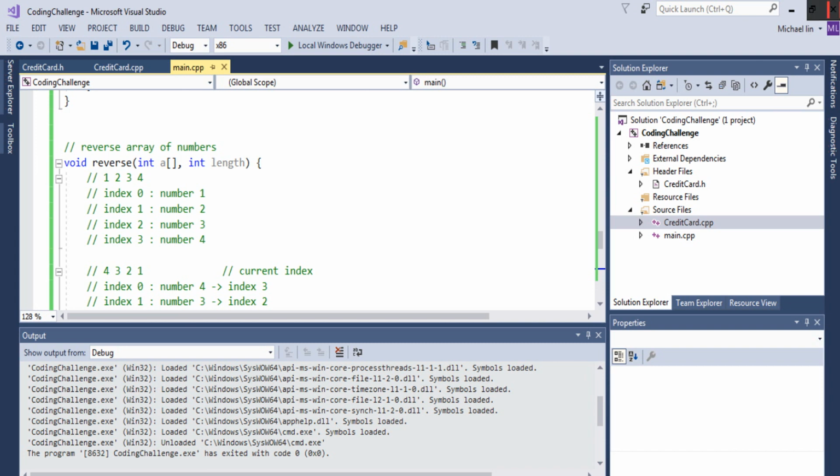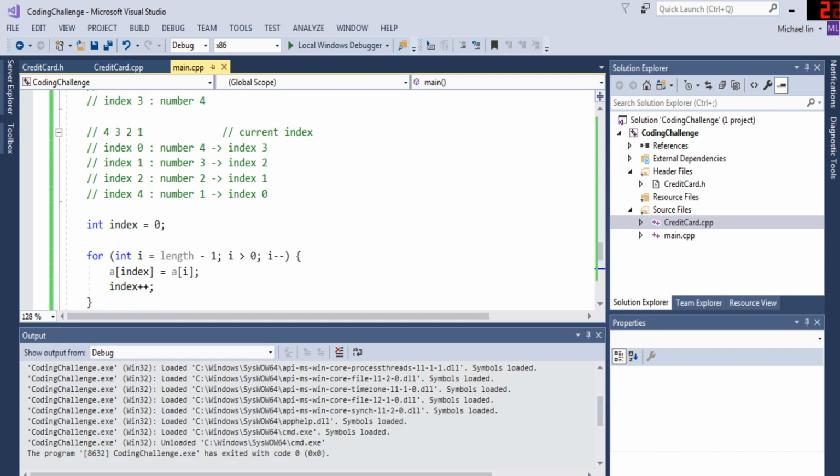So I'm going to set array at 0 equal to array at length minus 1, and then I'm going to do array at 1 equal to array at length minus 2, but I also want to set array at length minus 1 equal to